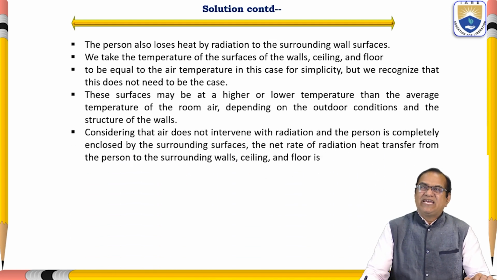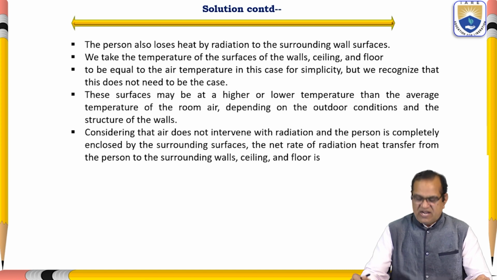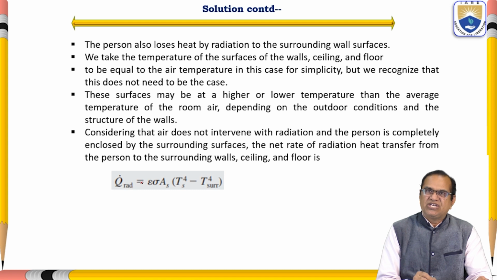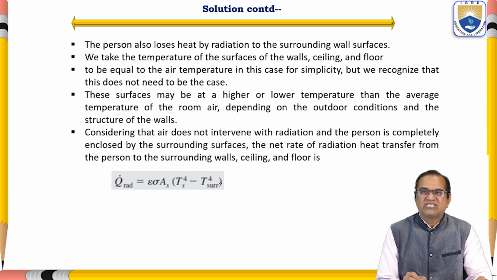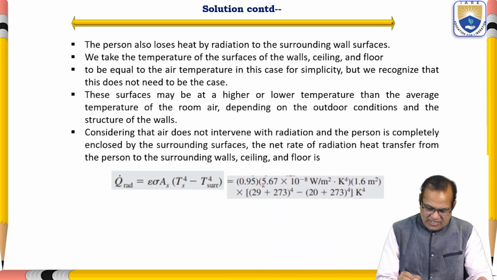Considering that air does not intervene with the radiation and the person is completely enclosed by the surrounding surfaces, the net rate of radiation heat transfer from the person to the surrounding walls, ceiling and floor is given by Q dot radiation equals epsilon sigma A times Ts to the power 4 minus T surrounding to the power 4. So here,